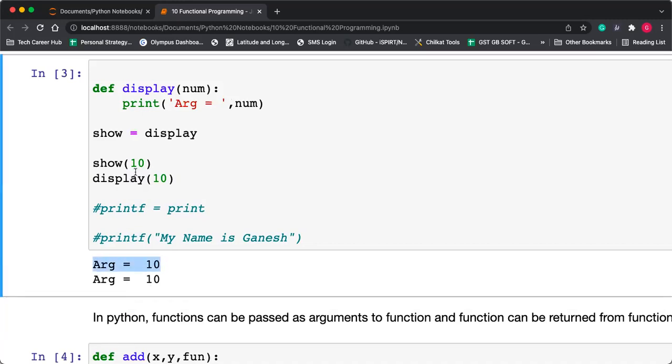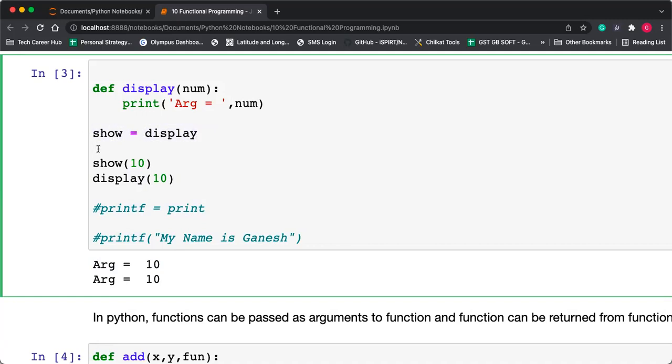So it means that we can give a different name to a function. This is not possible in C++. Actually, it is indirectly possible in C++: we can define a function pointer, and using the function pointer, we can call that function. But here, this is called a function reference. So this is a reference to a function, and you know that the same function has a second name.